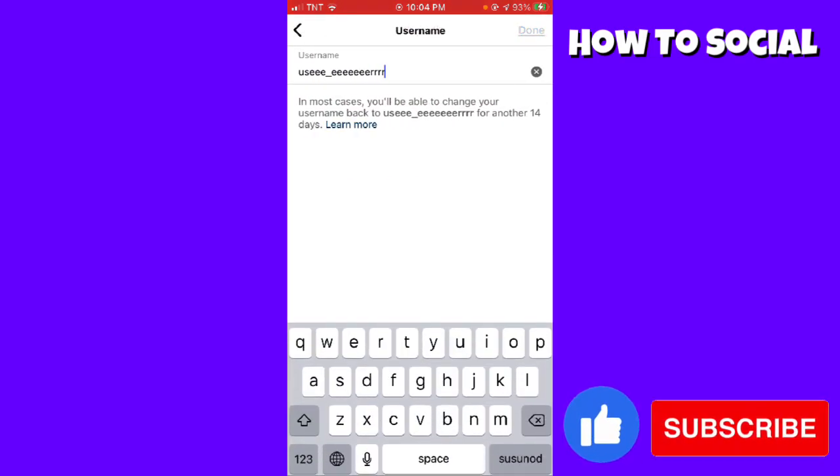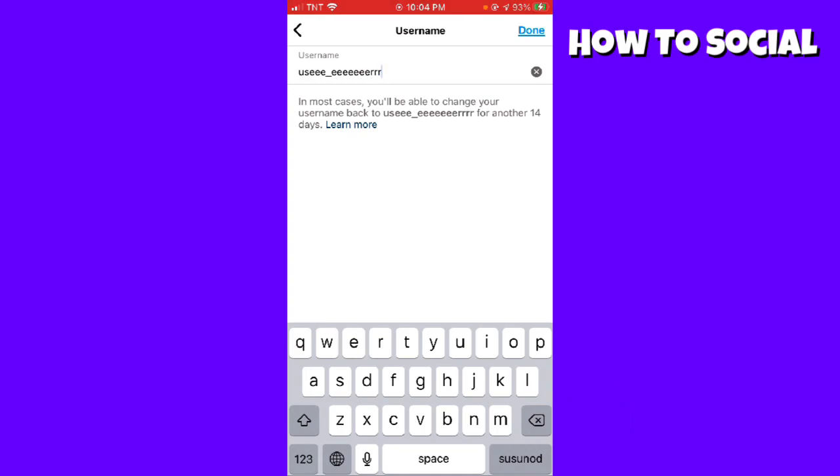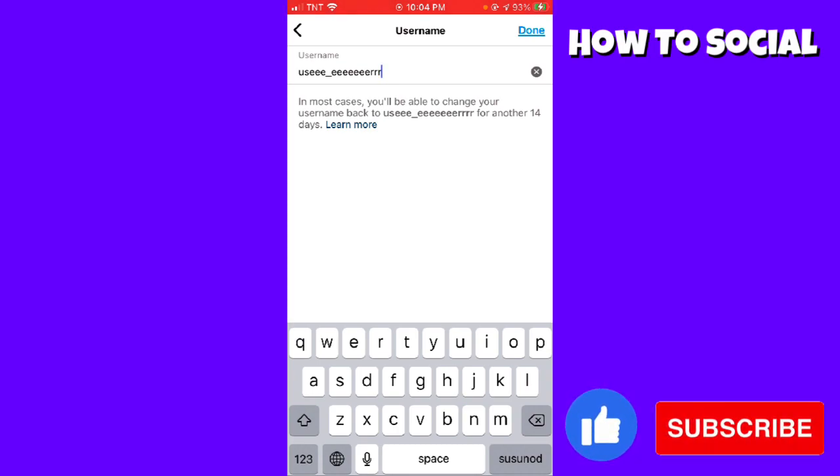Just to remind you, you can only change your username again after 14 days. Okay, so here just go ahead and type any username that you want. And then once you're happy with that, just go ahead and click on done at the upper right corner of